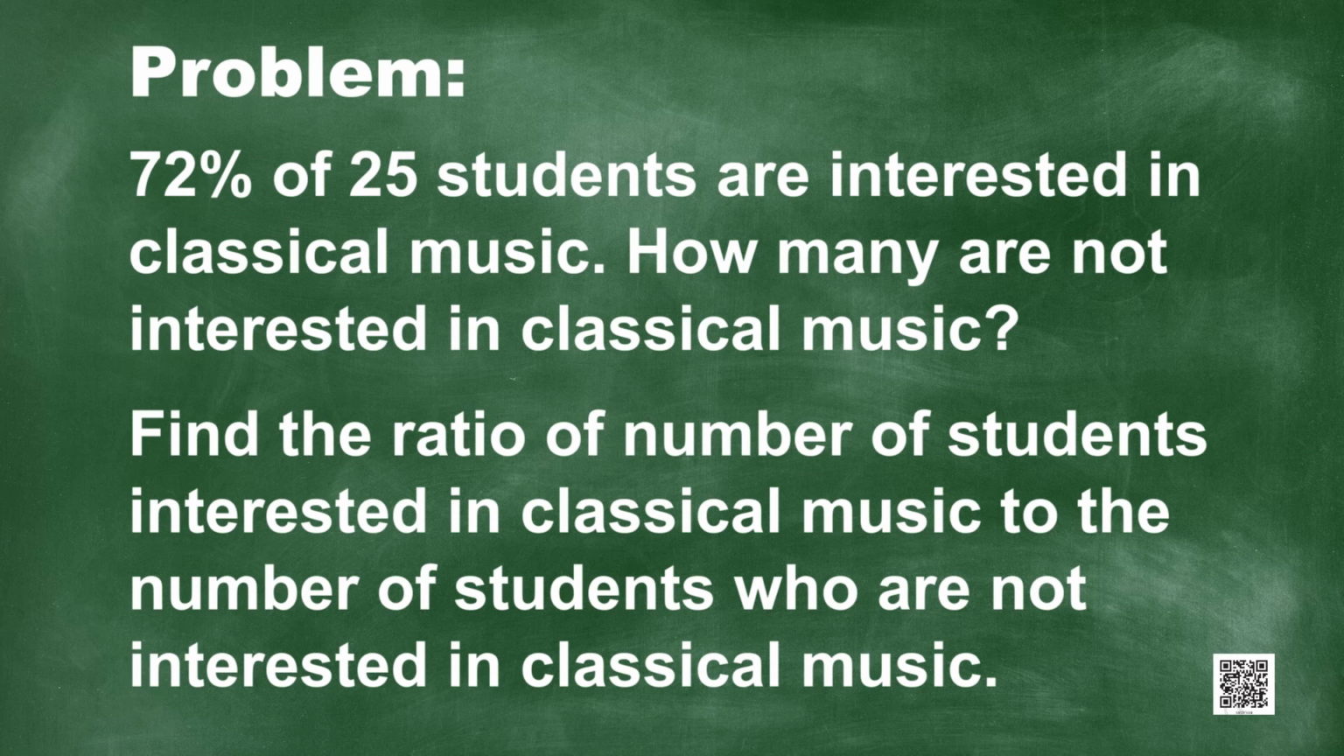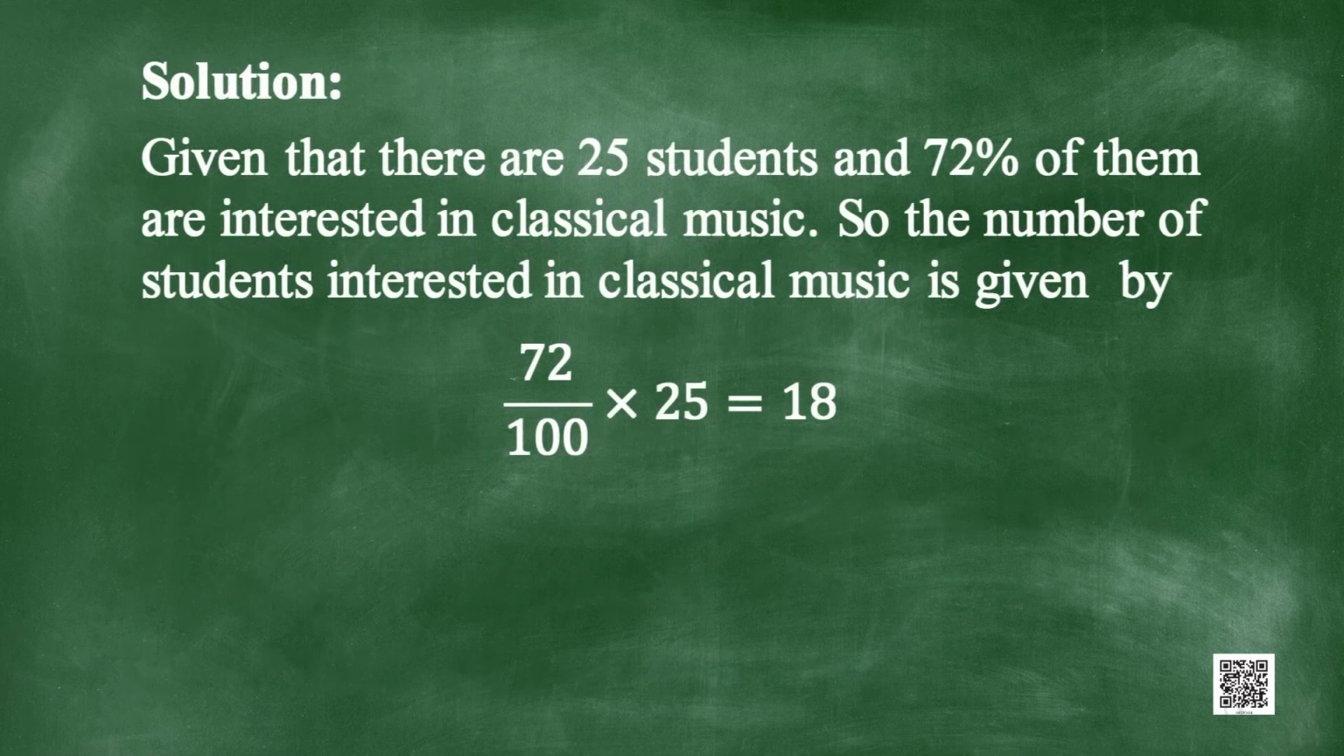Find the ratio of number of students interested in classical music to the number of students who are not interested in classical music. Now, let us try to solve this problem. Given that there are 25 students and 72% of them are interested in classical music. So, number of students interested in classical music will be given by